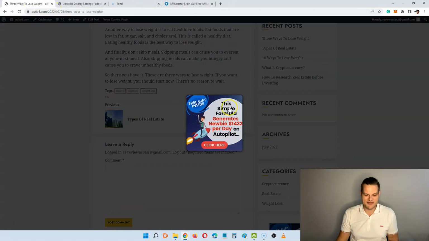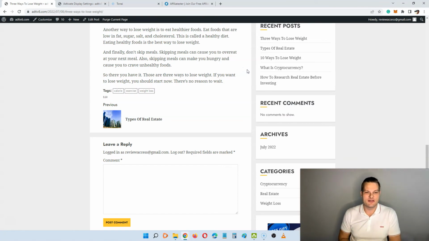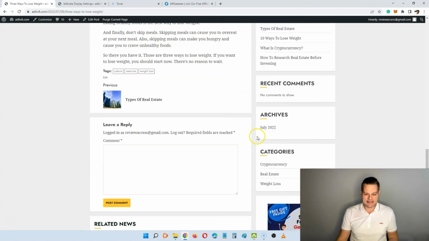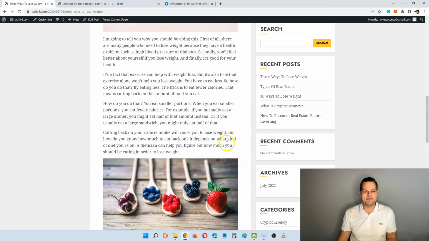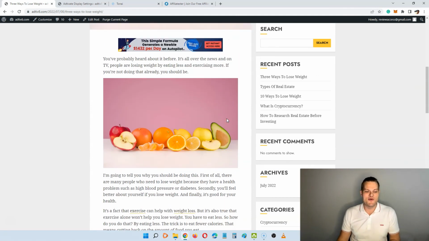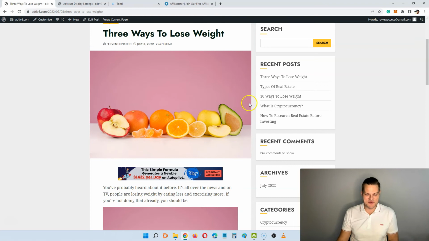And up here you can see, oh yes, there it comes. We have the exit intent as well, so when people try to leave the page, we are going to give them this one as well. If they click on any of these ads, they're then going to go to whatever it is that you're promoting. In this example, I'm actually using the ads to build my email list while promoting affiliate products, so this is super cool.